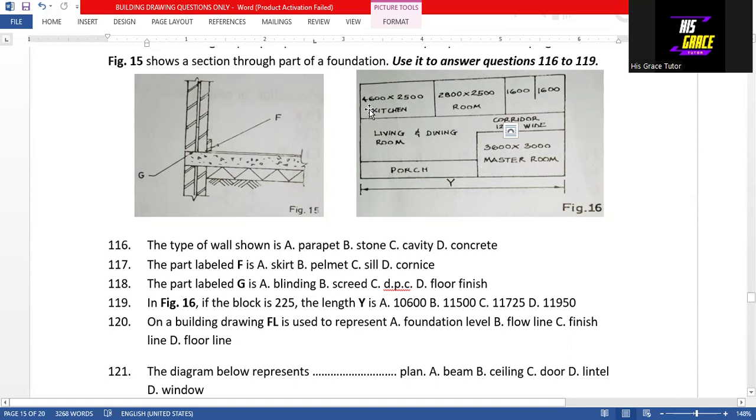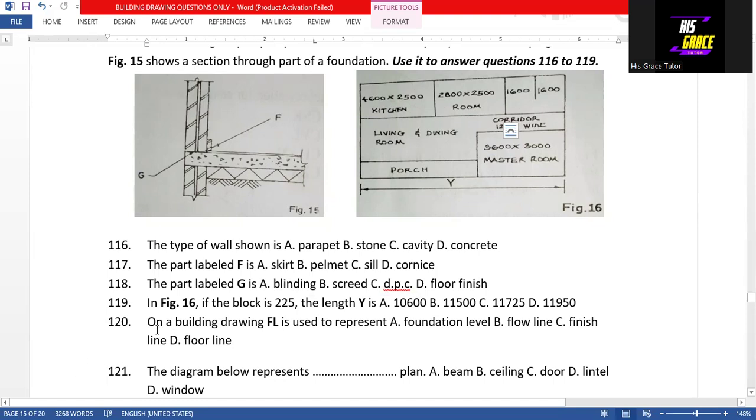So we sum the lengths: 4,600 plus 2,800 plus 1,600 plus 1,600. And that amounts to option A, so 10,600 is the answer to question